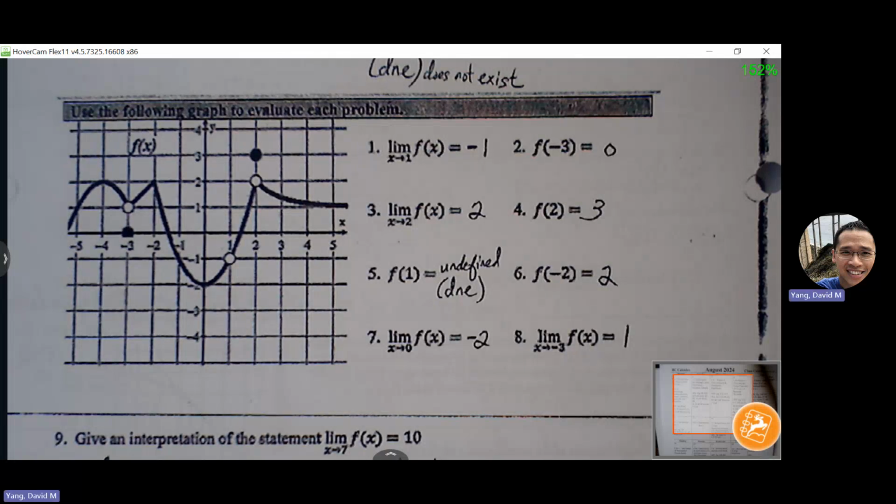Sometimes when we are finding limits, if we see a hole, that distracts us because our tendency is to think that nothing's defined there because there's a hole there. But if I can pick points on either side of the graph, and if I can draw an arrow and the arrows are headed towards the same hole, then the limit does exist. All right, so check your answers 1 through 8. Any ones you want me to go over with you?